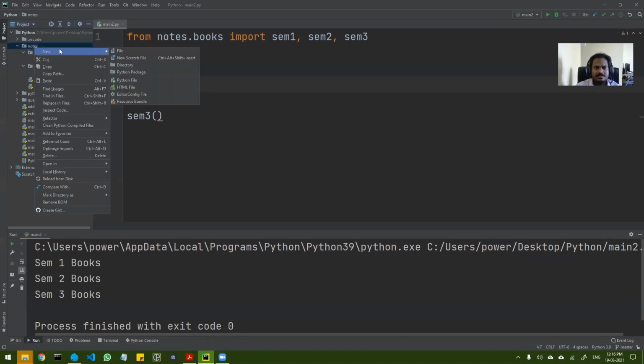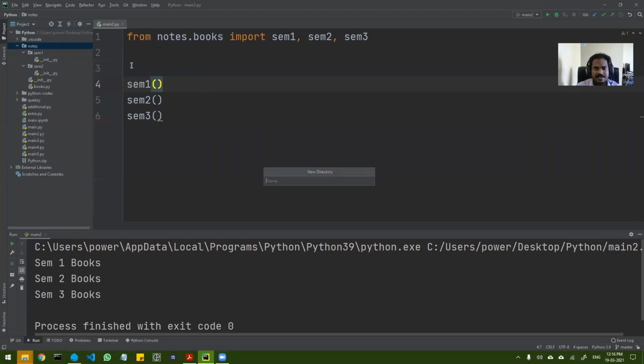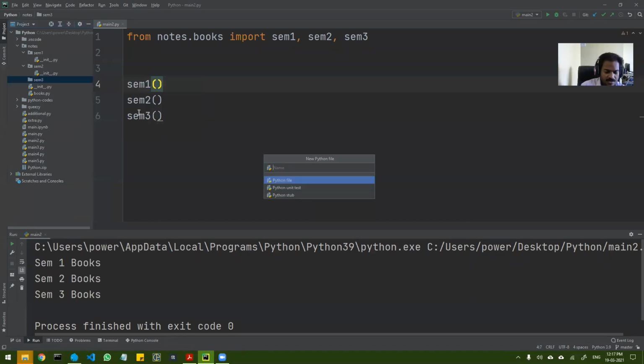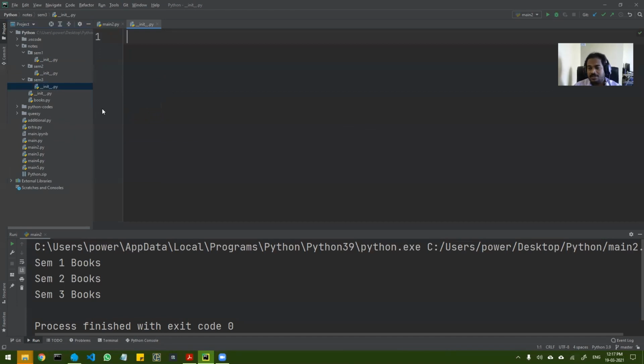Now similarly I can make another, okay। so let's do this now manually, okay। so let's create a directory, let's call it sem3, okay। so you can see जब सिर्फ मैं डायरेक्टरी बनाता हूं तो init.py नहीं बना, okay। so that we have to now do it manually। so underscore underscore init underscore underscore dot py, okay। so ये अगर आपको टाइम बचाना है तो create a python package, okay।